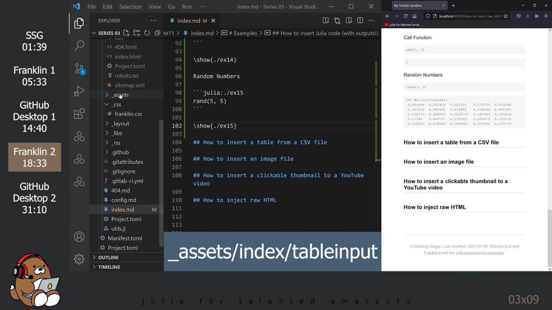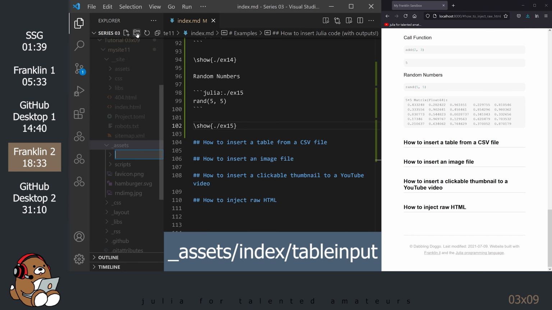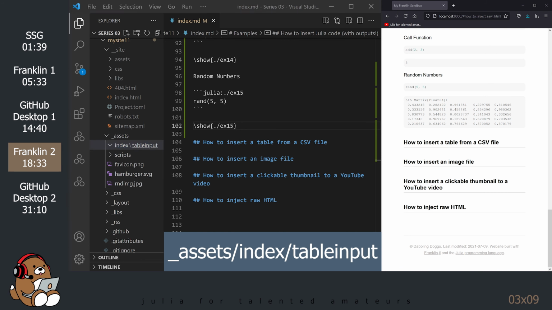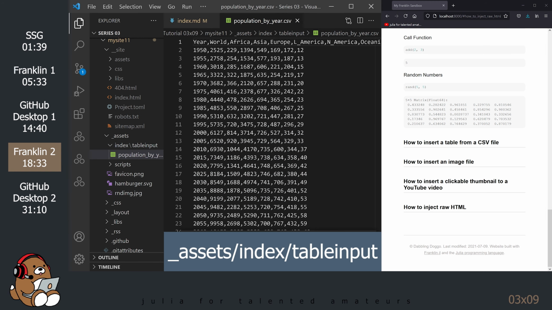In your My Site 11 folder, you should see a folder named Assets. In the Assets folder, create a new folder named Index. In that index folder, create another folder named Table Input. Save your CSV file in that Table Input folder that you just created.